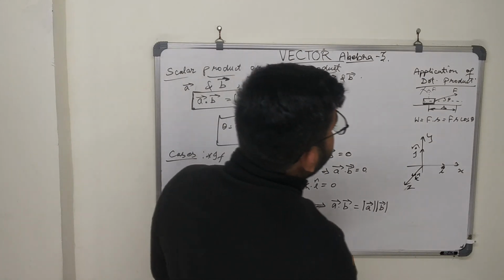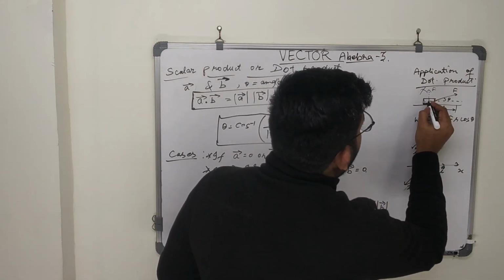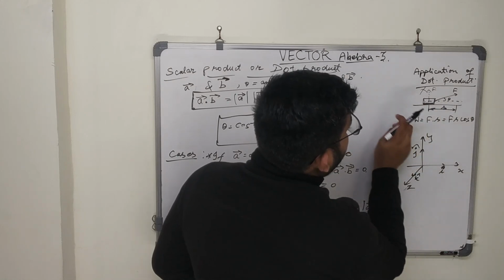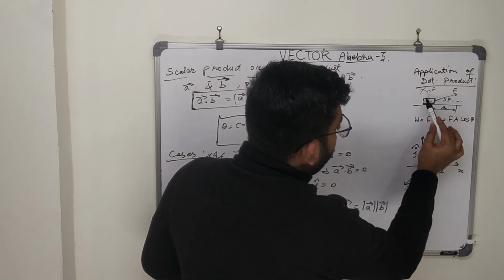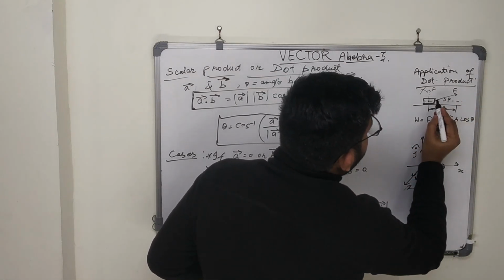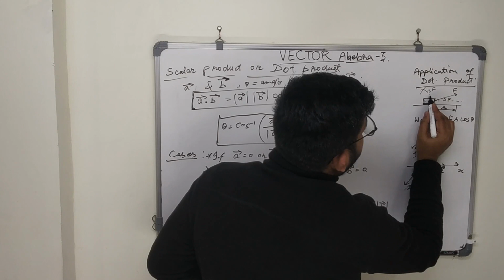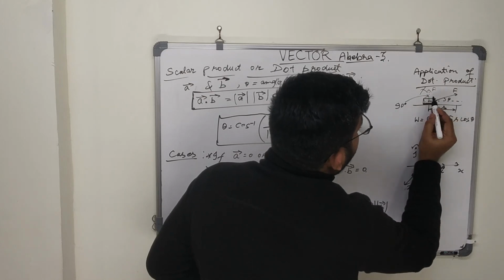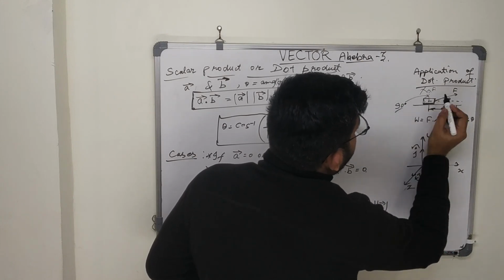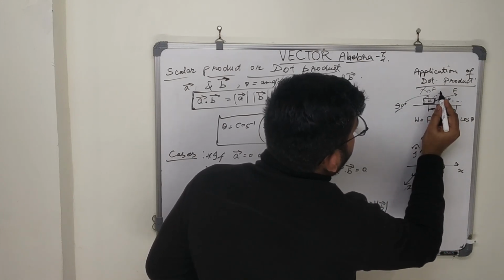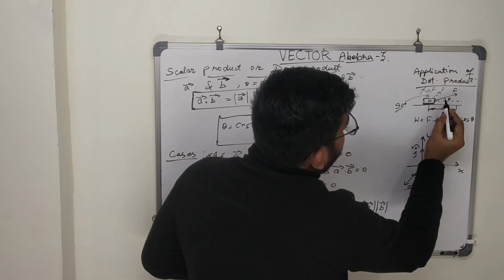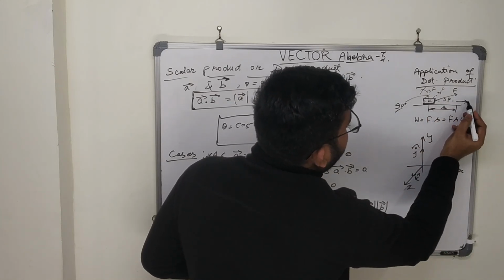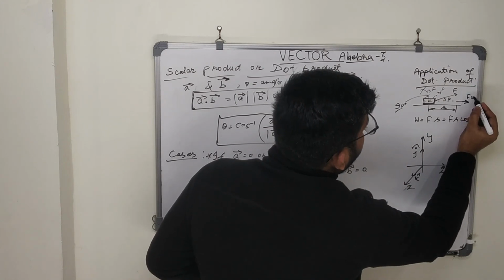इसको भी हम same example से समझते हैं, that is given on this board. मान के चलिए जब शुरुआत में हम force लगा रहे हैं, this is perpendicular to the direction of movement of the block. मान के चलिए this is the angle 90 degree. If we are going to decrease the angle between the direction of movement and the direction of force, suppose that this is the force, in that case theta is decreasing and we can see that the component of force along the direction of movement will be F into cos theta.